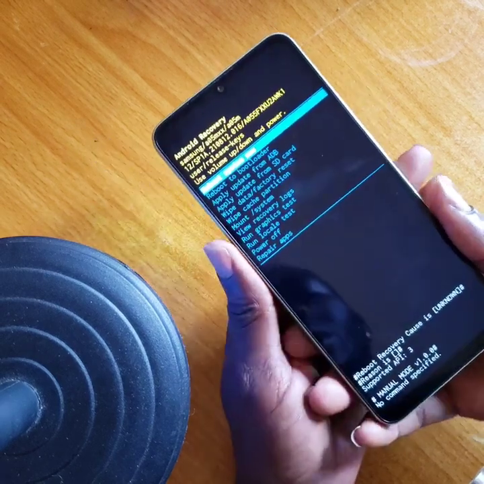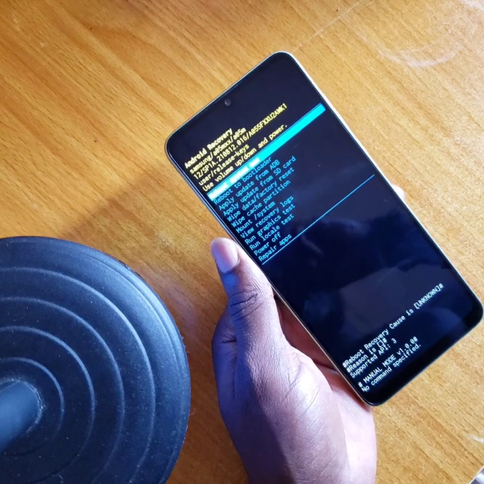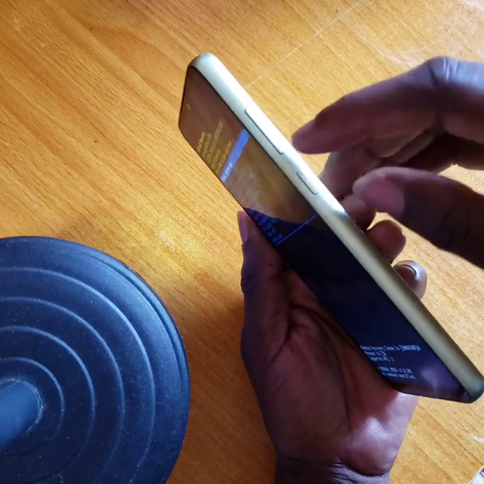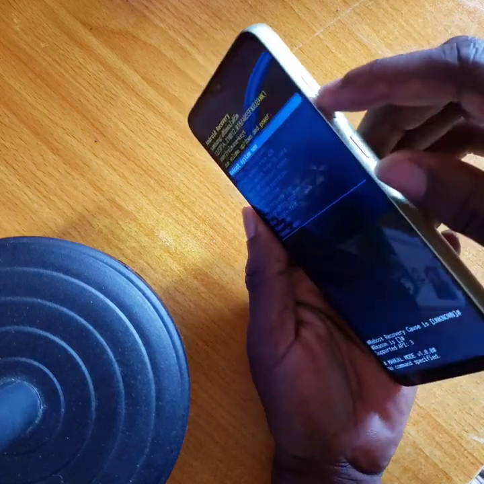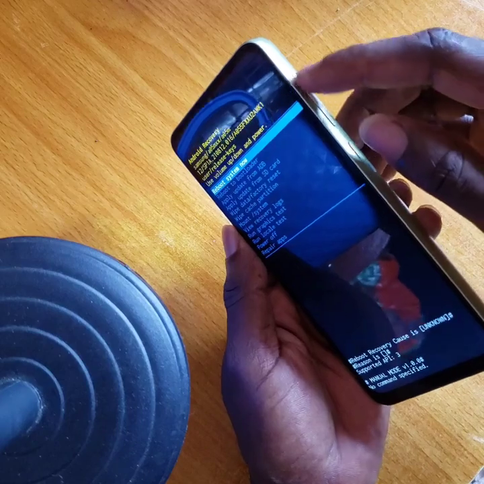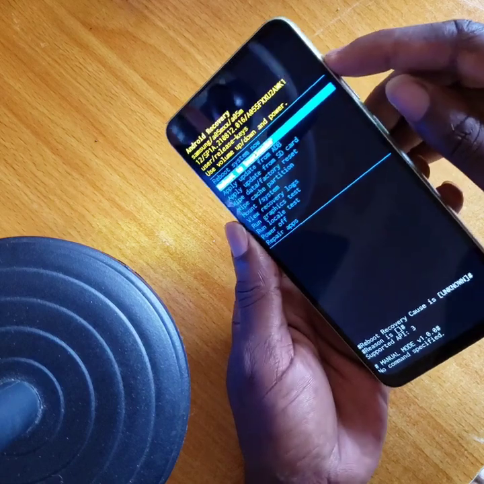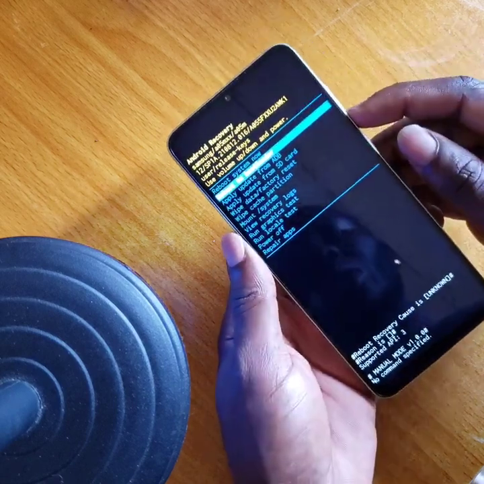As you can see, the Android recovery system is up. So you're going to use your volume buttons to do the selecting. The volume up and down button for the selecting. As you can see, up and down. So you swipe down to where you see